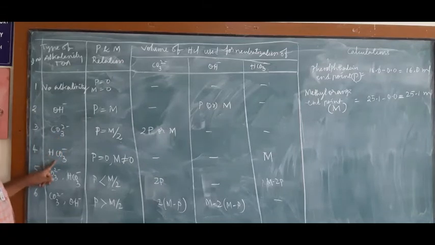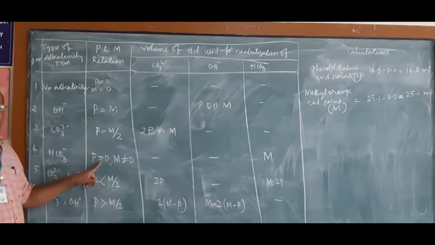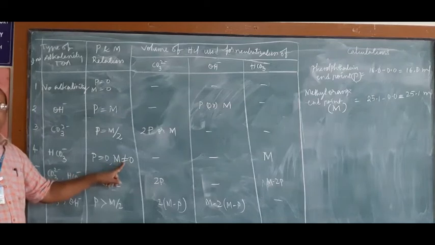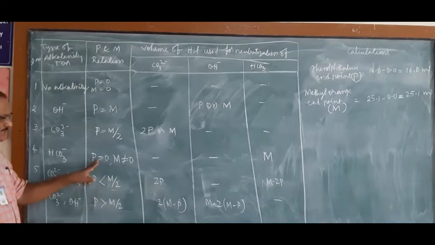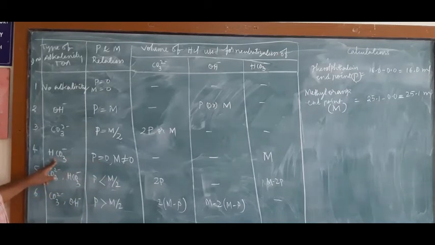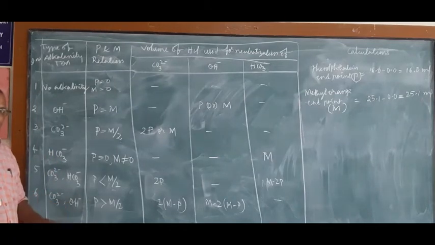And in some other case, we get P endpoint as 0 and a methyl orange value. At the beginning only, the methyl orange shows pink color. In such a case, the type of alkalinity is bicarbonate only. It means the taken water sample contains only bicarbonate.